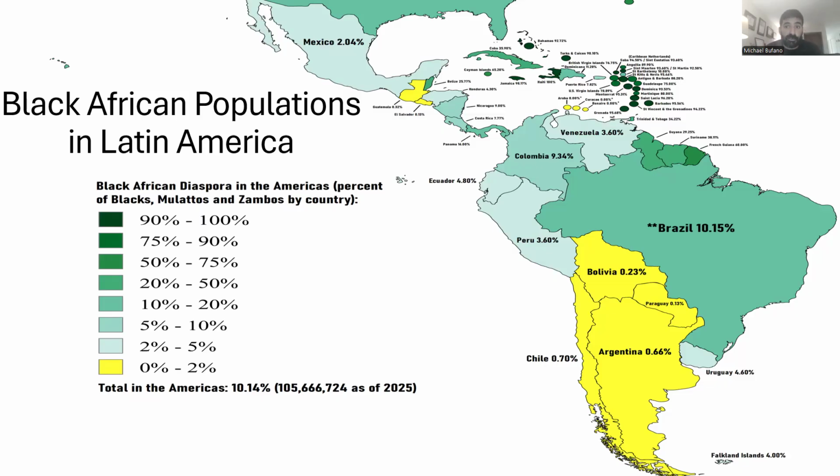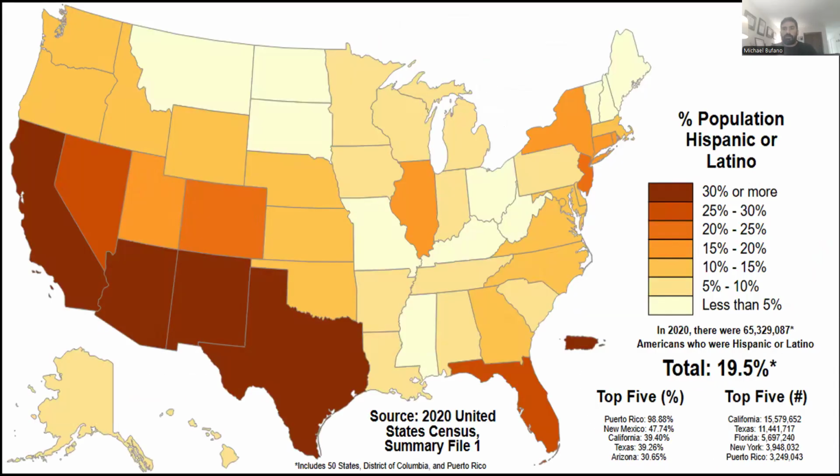But in the case of Haiti, for example, 90% of the people during the French colonial era were Black African slaves. And so, of course, this would have a big influence on Haiti's politics. As you can see here, this played an important role in Latin American politics as well. Now, just to add more complexity, there isn't a clear 100% dividing line between Latin America and North America, or between the United States and Latin America. There is some overlap here.